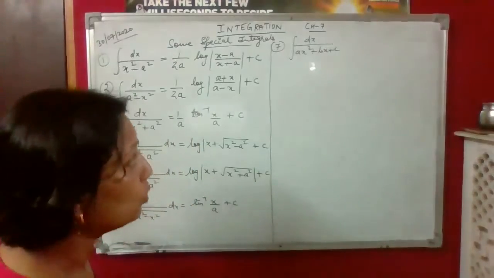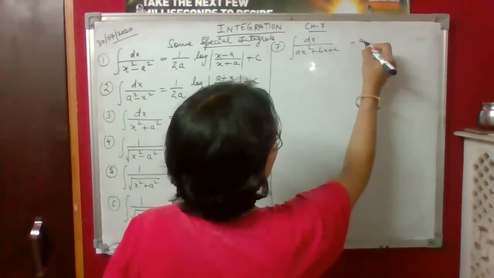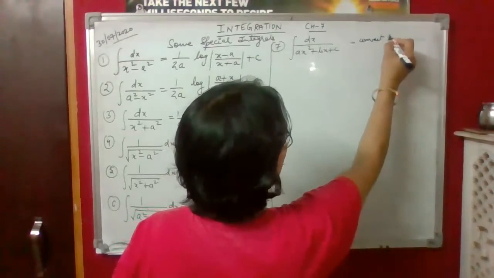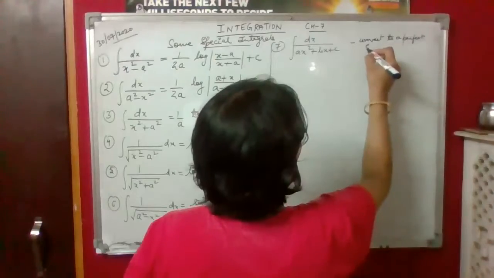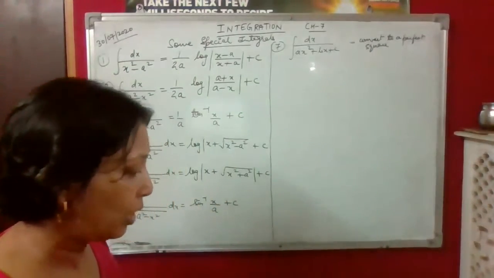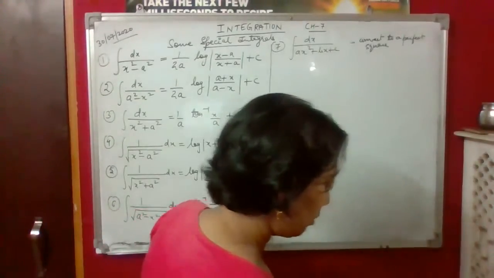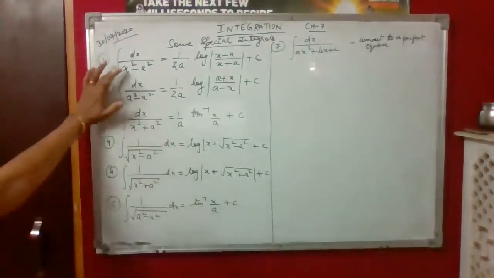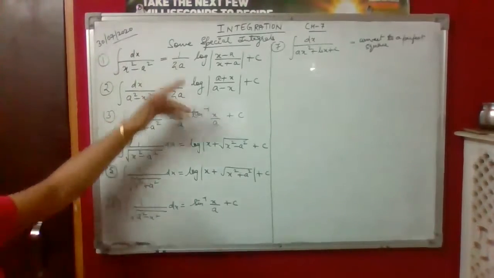So we will convert it to a perfect square. Whatever form we have, this integral will be reduced to either x square plus a square or x square minus a square,